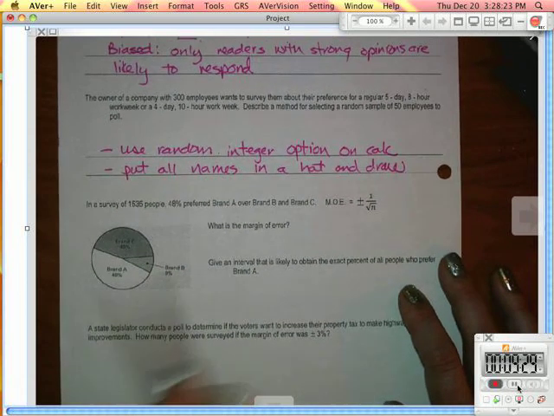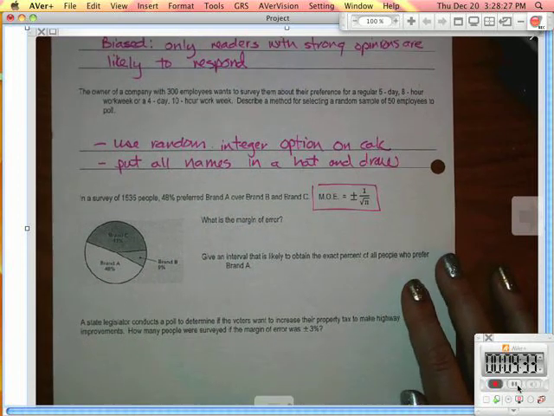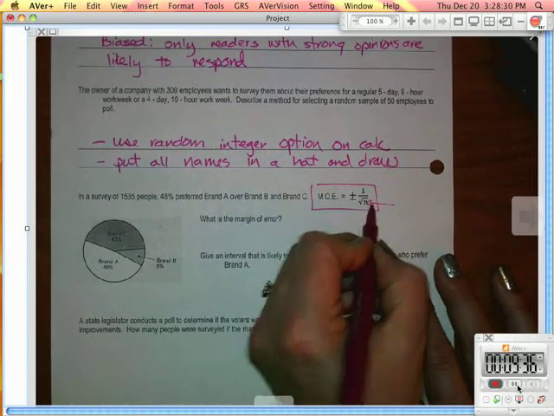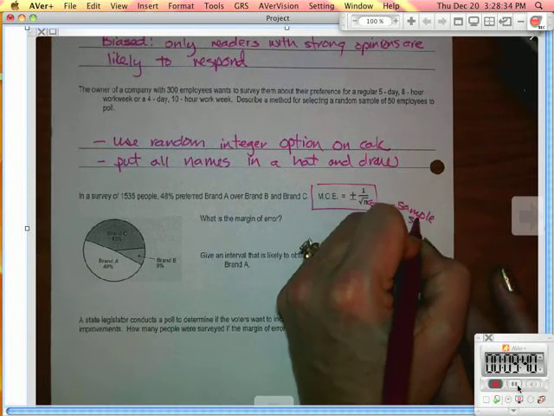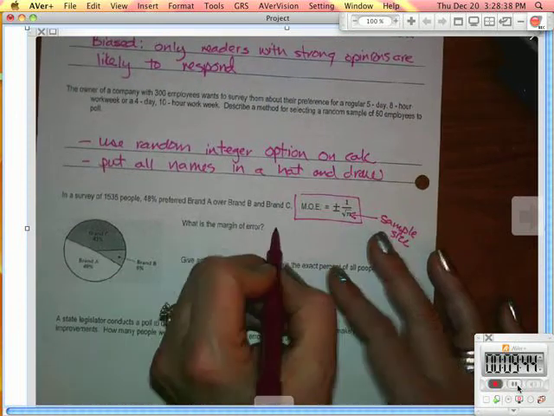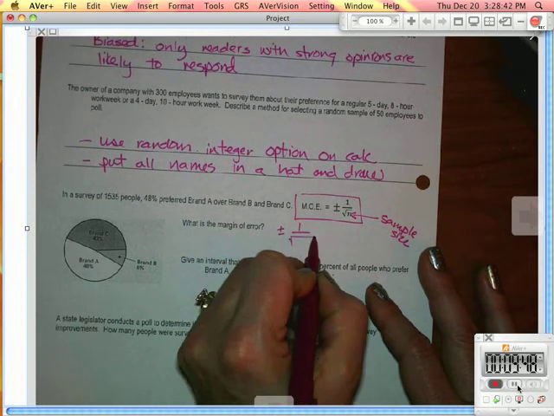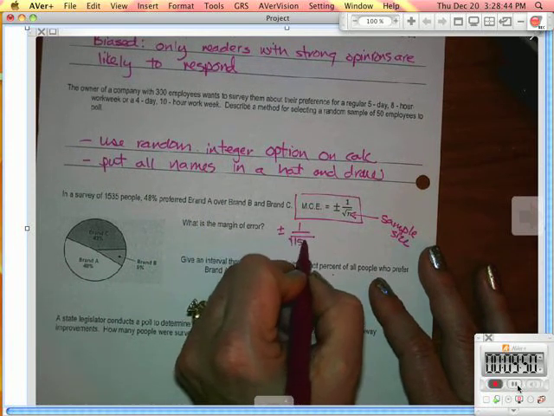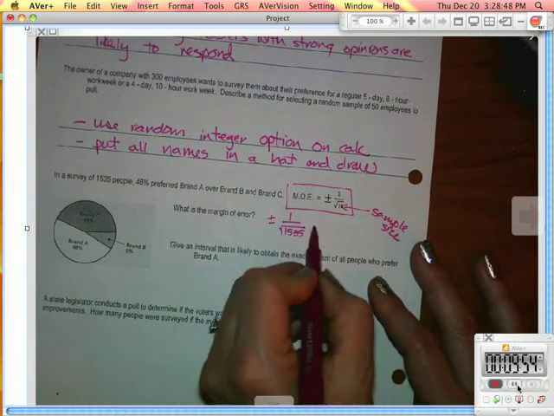So this here is just a little formula you can use to calculate margin of error. And n stands for your sample size. How many people were in the survey? So let's figure out what it is. So I'm going to do plus or minus 1 over the square root of 1535. And if I do that on the calculator, I'm going to get plus or minus